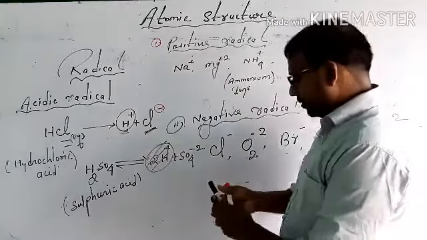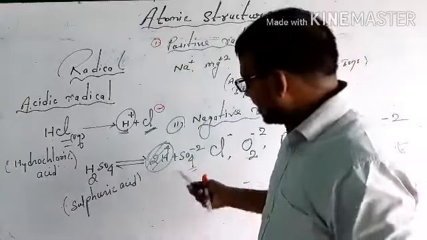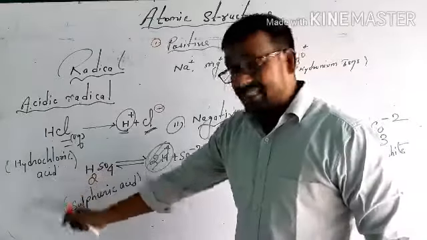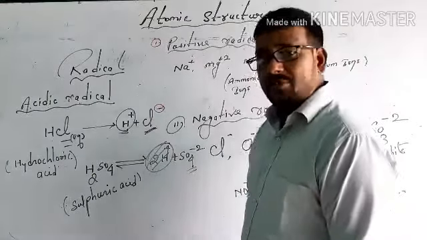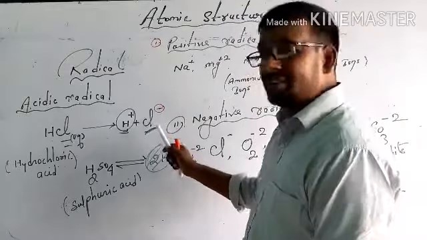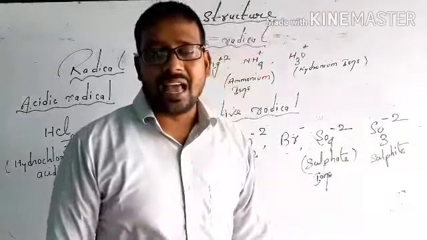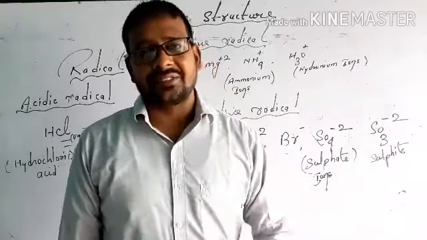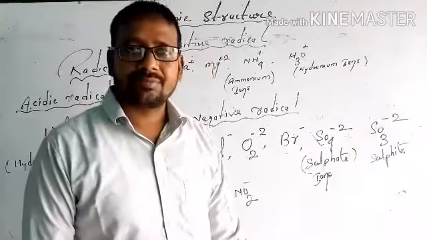You will see this ion. This is an anion, and anion means it is coming from acid. Which acid? Sulfuric acid. That's why it is called acid radical. And in your book, many negative charge radicals are given, and what is written? Acid radical, meaning the radicals which are coming from acid.